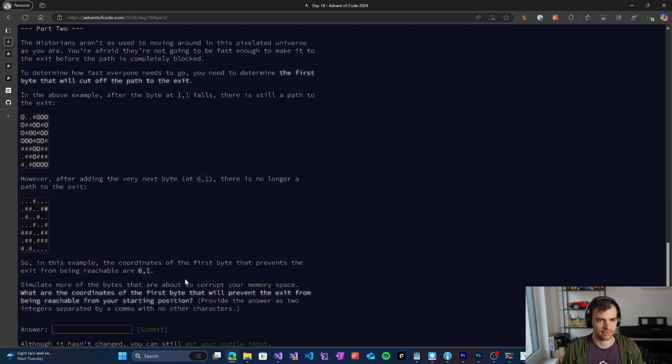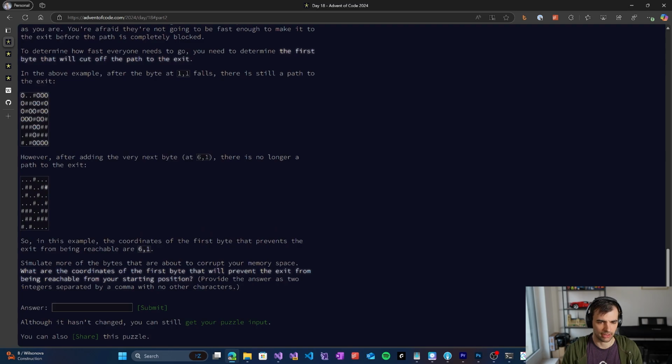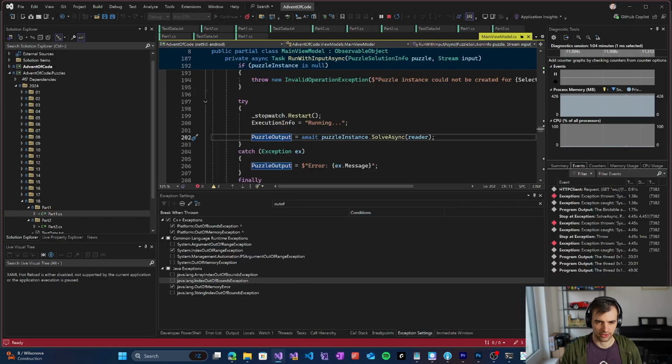So we need to determine the first byte that will cut off our path to the exit. So after 1 falls, there is still path. After the next byte 6-1, there is no longer a path. So we look for the first byte that will prevent us from reaching the end of our path. Okay. 2 integers separated by comma is the output, so we need to find the first byte that is blocking